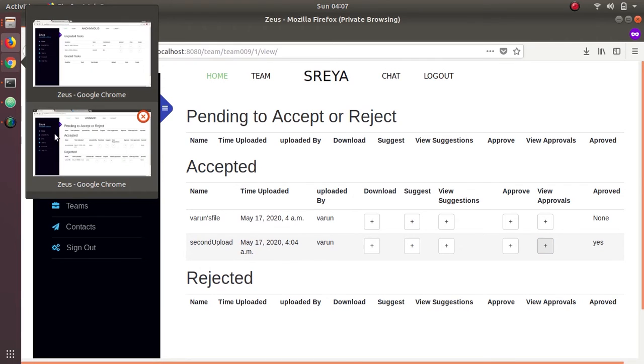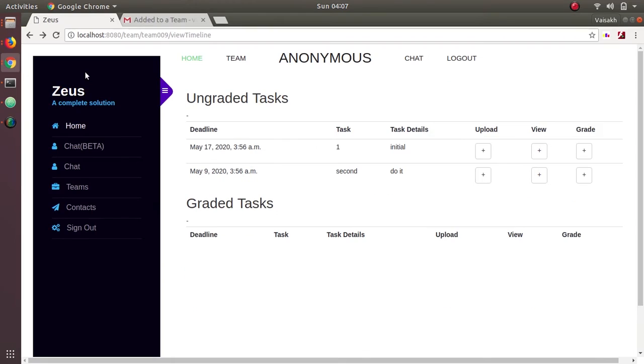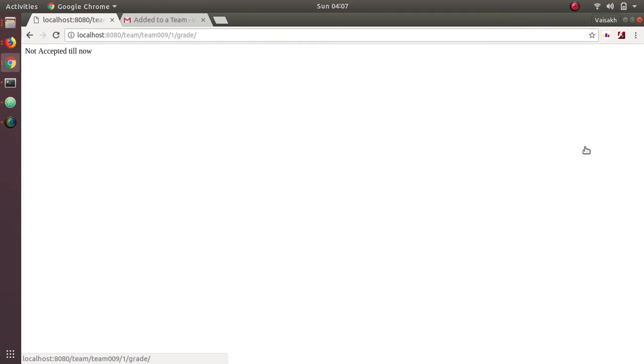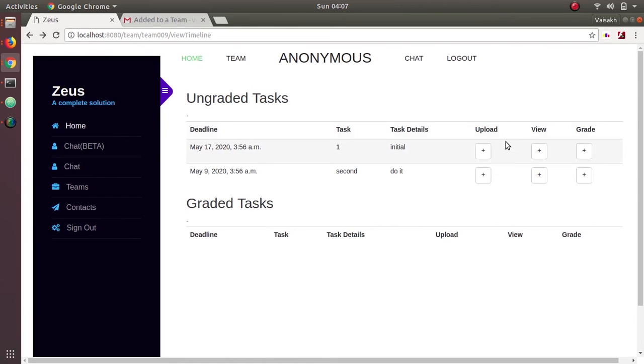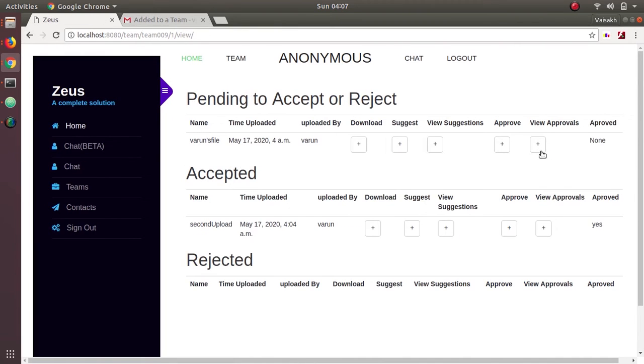So now it is available for the team leader to grade. So Anonymous is the team leader. Earlier when he went to the grade panel, it was not accessible because not all the testers had accepted it. So initial thing is,